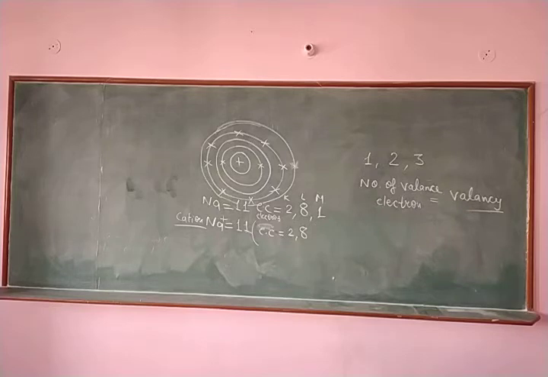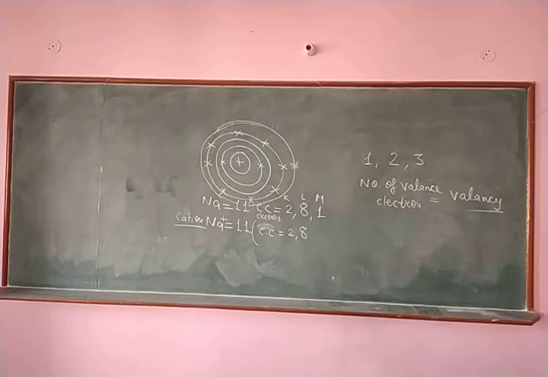So cations की बात हम कर रहे हैं। When an atom loses electrons, the number of electrons becomes less than the number of protons. तो यहाँ पर ये हुआ है कि sodium has lost an electron, क्योंकि proton तो still we have 11 only, but electrons 10 हो गए। तो इसके कारण the sodium became cation, चार्ज हो गया सोडियम के साथ, पॉजिटिव चार्ज, अभी न्यूट्रल था, बट अब पॉजिटिविटी ज्यादा हो गई है क्योंकि एक इलेक्ट्रॉन कम हो गया, तो we can say that sodium became positive, cation बन गया।